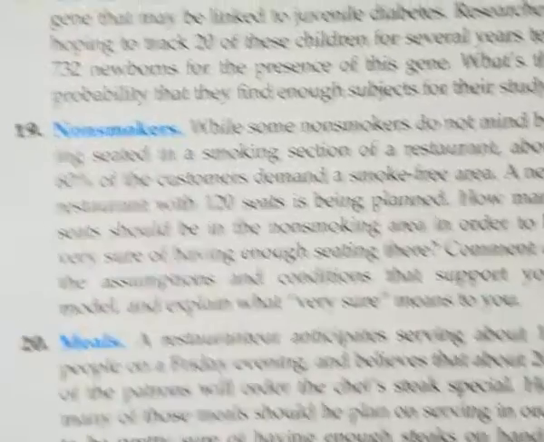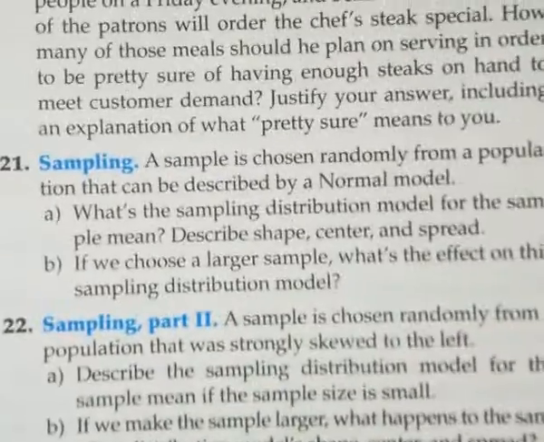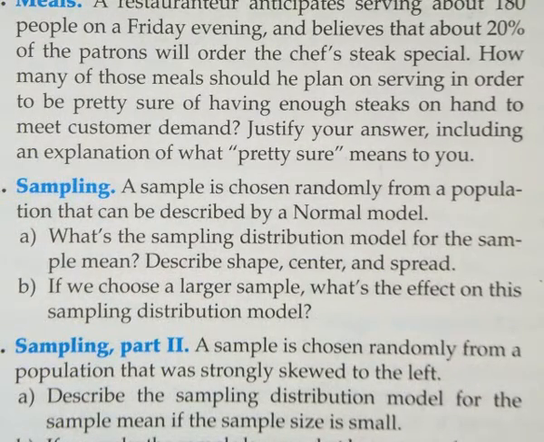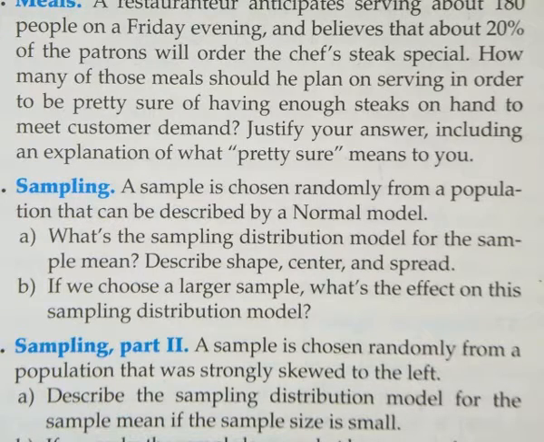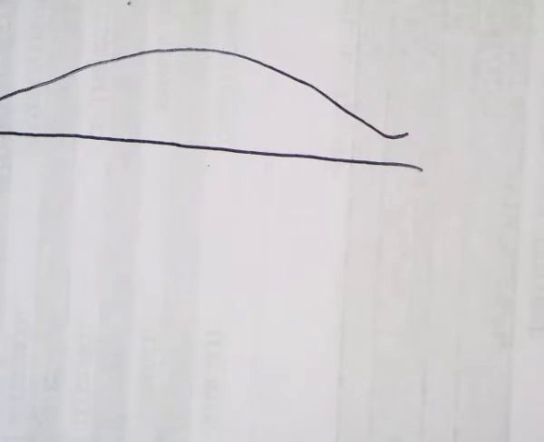Okay, so problem 21 here. A sample is chosen randomly from a population that can be described by a normal model. What sampling distribution model for the sample mean describes shape, center, and spread? Well, what's going to happen is if we take a sample from this